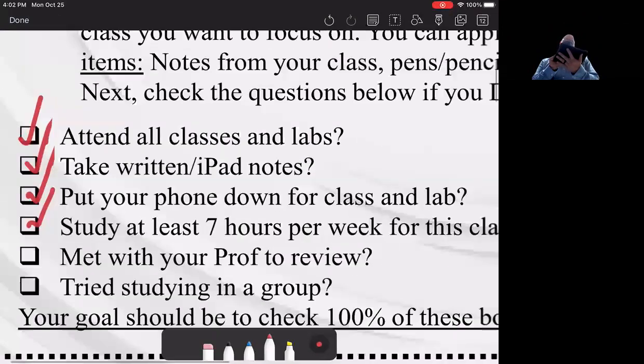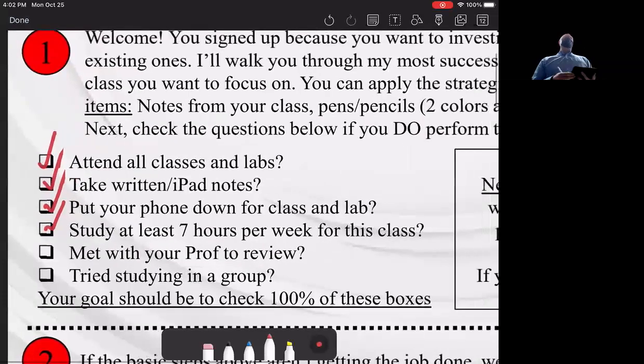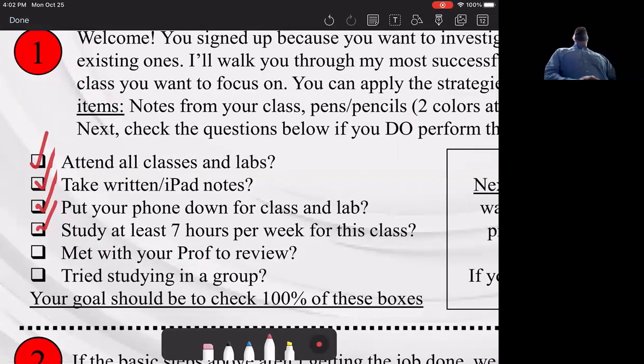This is a big one right here. So we are going to do strategies, but there is one heavy duty strategy to always do a little bit better. The 7 hours is a lot. And like I said, being trained at a med center, that's the number that everybody's going to give you. How much per class are you putting in? Not everybody can do that in undergrad. That's okay. But that number should be in your mind at least if things are not going super well.